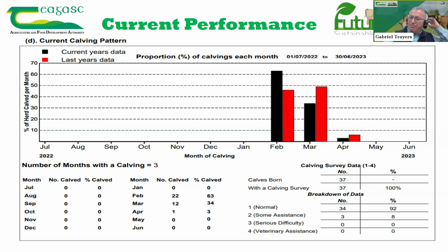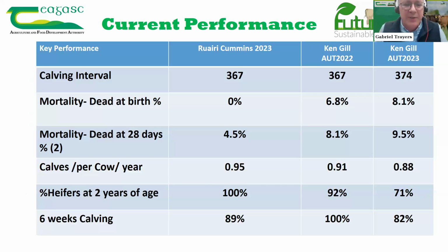And the last slide is all about the results for Ruairi and Ken as well. Obviously, very, very good results there. We see Ruairi Cummins has a 365-day calving interval, mortality 4.5%. So he lost 2 calves at 28 days. These are reports from 2023. He had a joint ill in one of the calves. And look, you will have years that there will be little bits of mortality, but we don't want it consistently there every year. His calves per cow per year is almost at 1. 100% of his heifers are calving at 2 years of age, and almost 90% of his cows are calving in 6 weeks. So really, really good